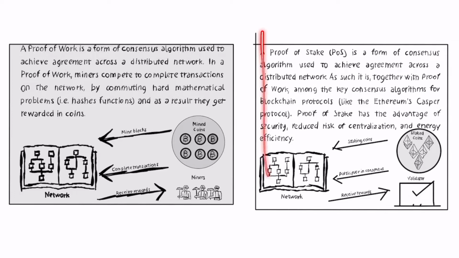On the other side, you have proof of stake, where instead the mechanism underlying it is not mining but staking. So it's participating in the consensus through staking, and so by locking in coins on the blockchain, those validators participate in the consensus mechanism. They use their stakes in the underlying blockchain to actually validate transactions, and for those reasons they get rewarded